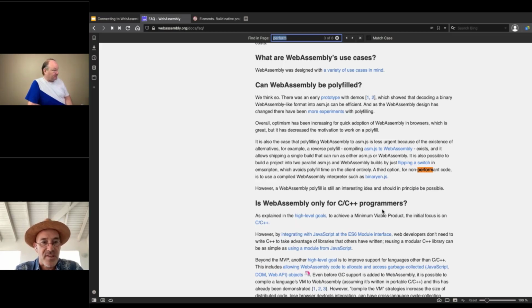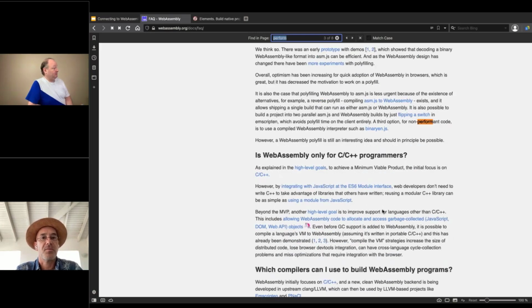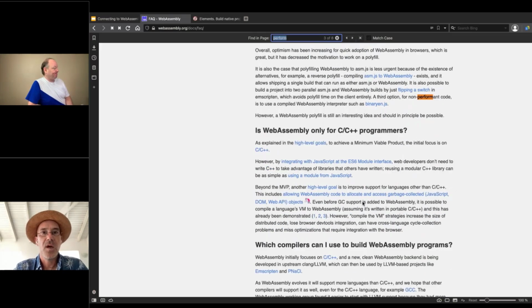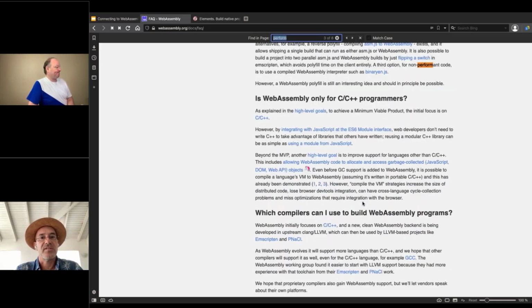Yeah, but I guess from what it says down here, there's C++ support for WebAssembly apparently, because they say C++. I don't know what compiler it is. Probably Clang or GCC or something like that. But